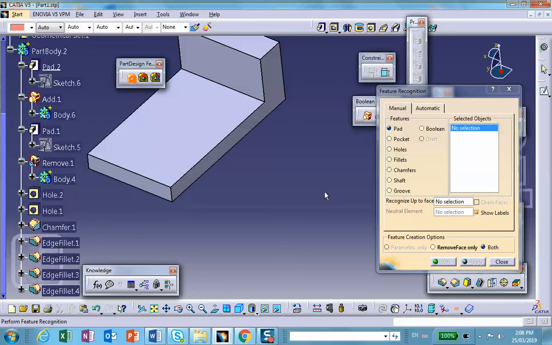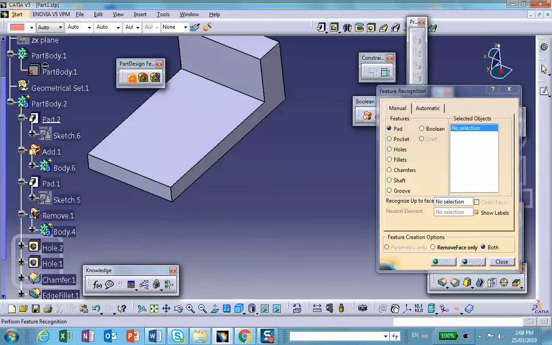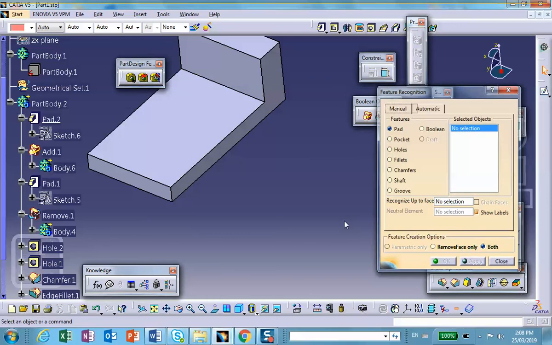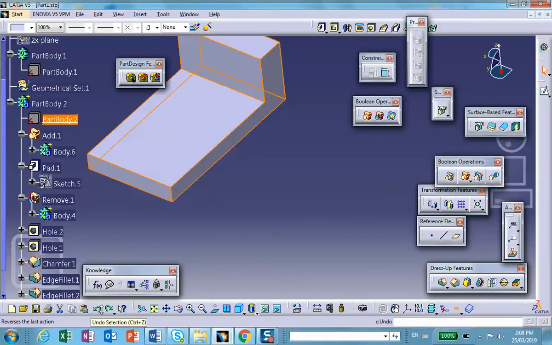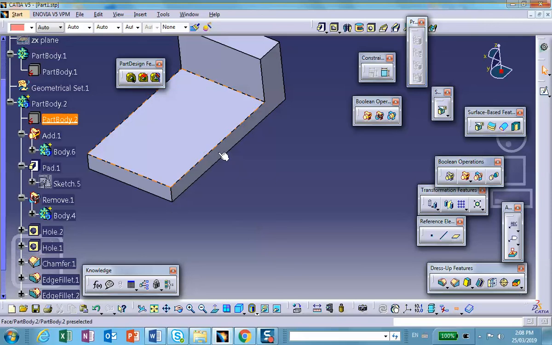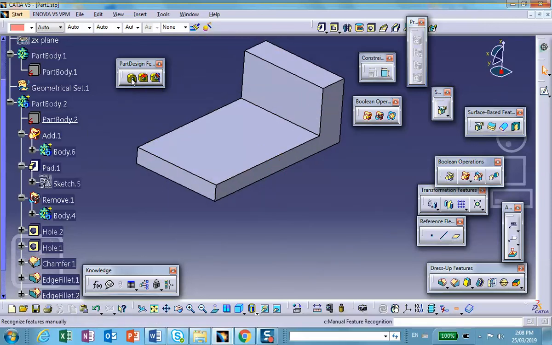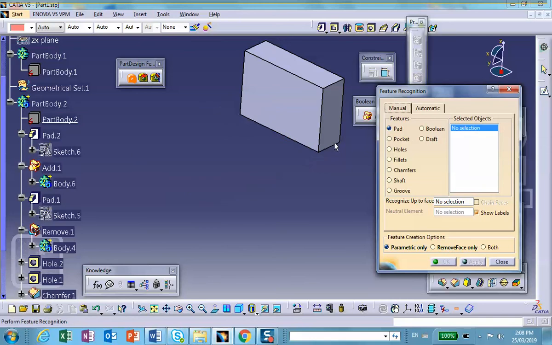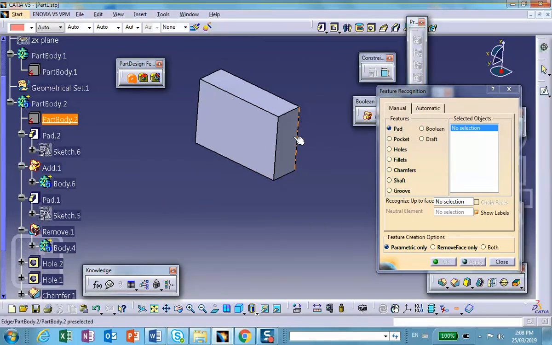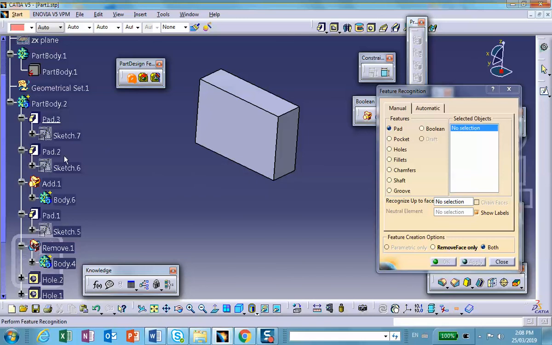Okay, now I'm going to cancel this. I'm going to undo that. Okay, so I took that pad out, because you could have done this thing a different way. You could have done a pad from here, goes there, and then another pad, for example this. So there were different ways of doing this thing. Okay, what else do I want to do here? Just 1 second. Okay, so close that,